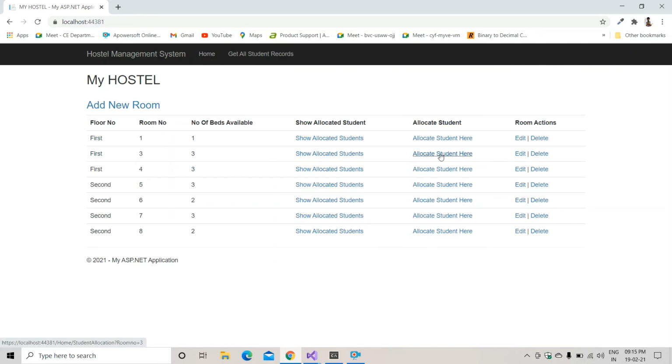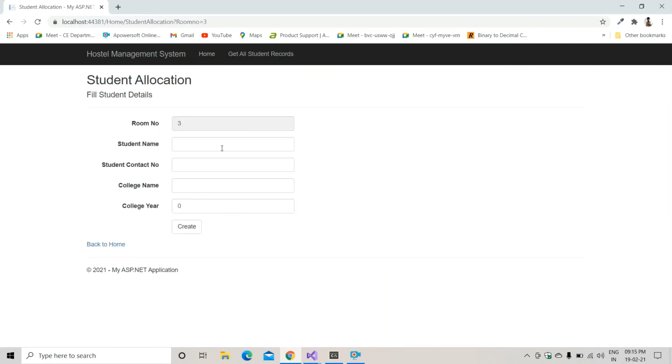Okay, so the idea behind allocating a student is that when you enter the student name here, first of all it will allocate the room. In the allocate room method of that service, we have decremented the value by 1 from the maximum quantity column, which indicates the number of beds available. The value had gone to 0, which indicates that this room is now fully filled. And after that we are entering the student details. Okay, so that was allocating the room.